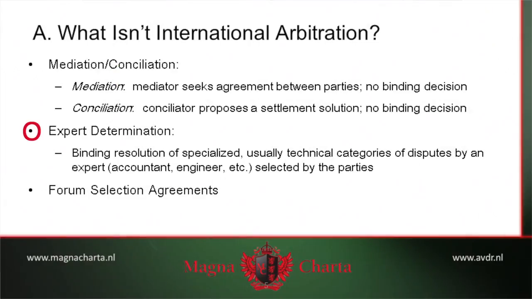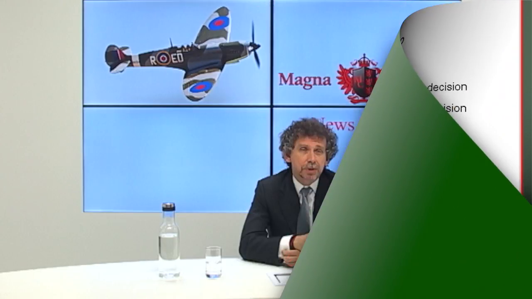Now, arbitration also is not expert determination, although it may sometimes look close. You often see provisions, especially in technical parts of commercial contracts, for expert determination. For example, if there's an issue of accounting in a share purchase or acquisition agreement, if there's an issue of complicated accounting questions, or alternatively an issue of construction expertise, you may see parties refer that dispute and only that dispute to a final decision by an expert.